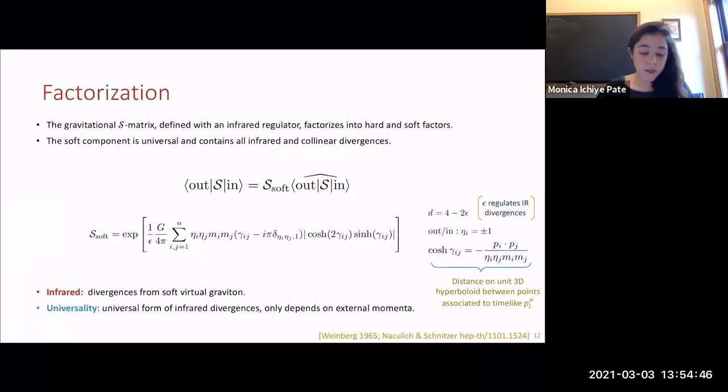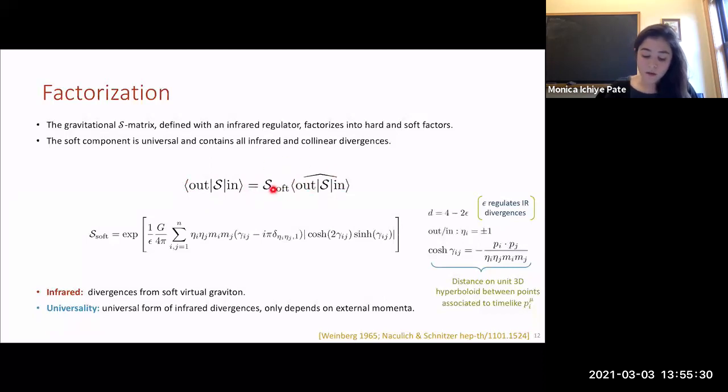And so in particular, one of the universal behaviors that we're going to be interested in is factorization. What factorization is, it's the statement that the gravitational S matrix defined with an infrared regulator factorizes into hard and soft factors, where the soft component is universal and contains all the infrared and collinear divergences. So if one considers a scattering process between only external hard particles, then this scattering amplitude for that process factorizes into two pieces,